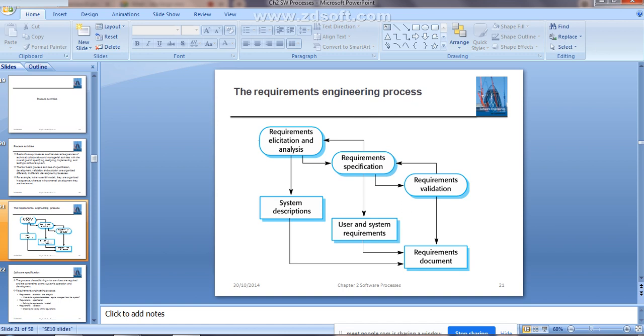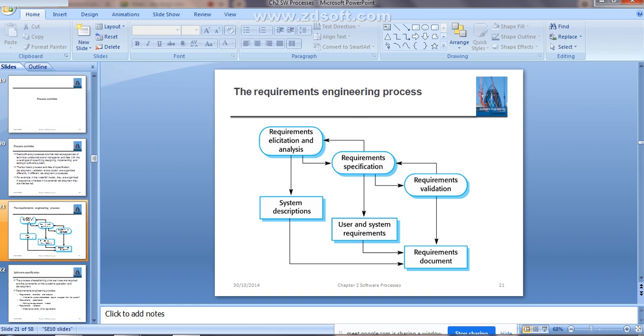So mainly there are 4 activities: first is feasibility study, then requirement elicitation and analysis, requirement specification, and requirement validation. These are the 4 main sub-activities you are going to perform within the software specification or requirement engineering process.